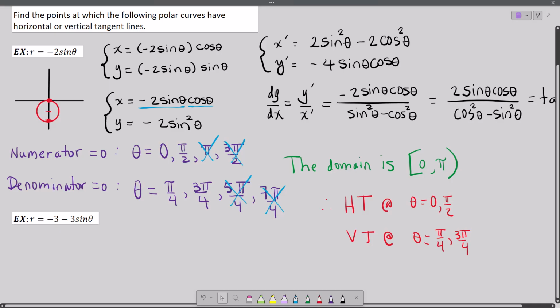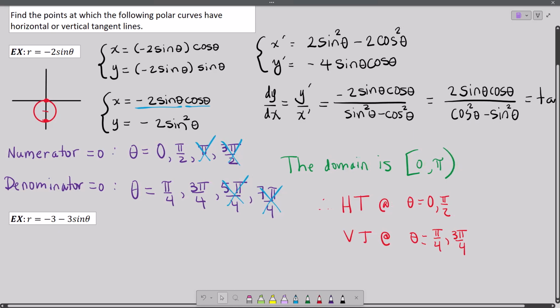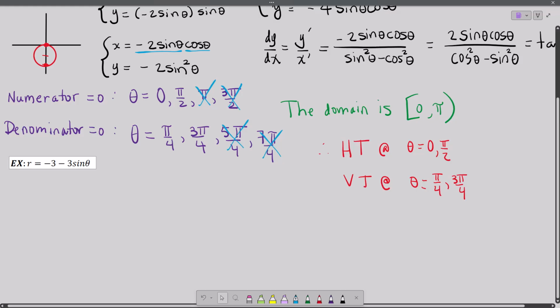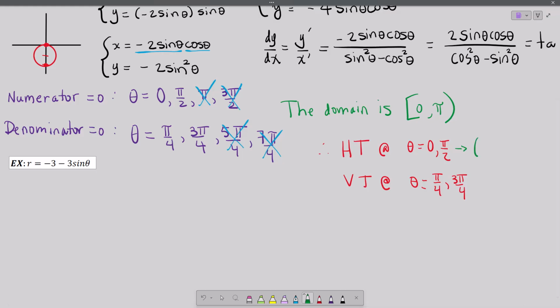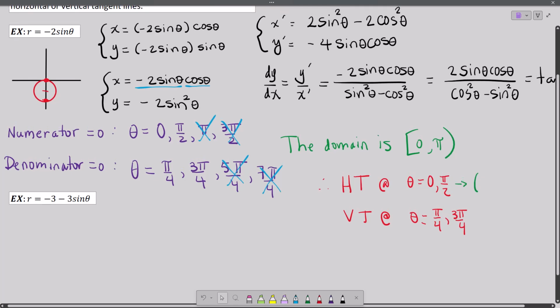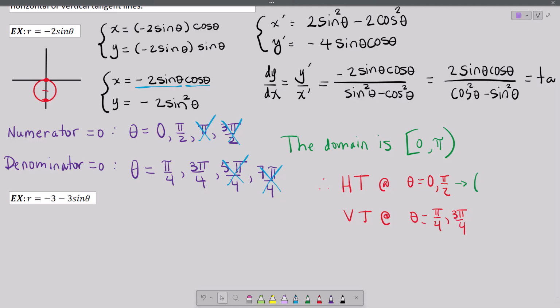So this says find the points. Those are angles. So now let's correspond this to points. So let's see, what are these 2 points? When theta is 0, we come up to our equation right here, our parametric form. I guess here's our simplified form. So when theta is 0, what is the Cartesian point? 0 comma 0? Because sine of 0 is 0. Yeah. So both those turn into zeros. The Cartesian point,